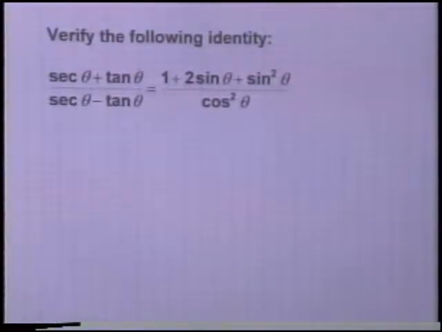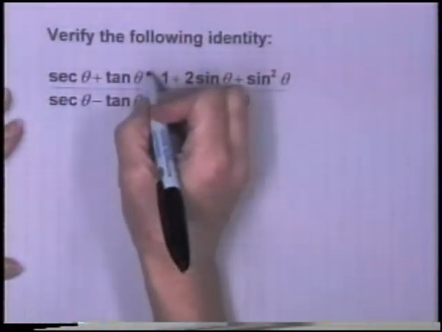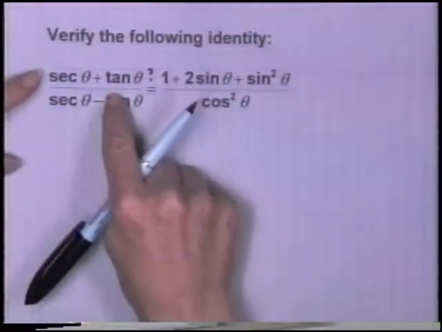Verify the following identity. Secant theta plus tangent theta divided by secant theta minus tangent theta equals 1 plus 2 sine theta plus sine squared theta divided by cosine squared theta. Wow, both sides are rather complicated here. And so what I might consider doing, and this would be perhaps just my own preference, again, you might choose to do something else,